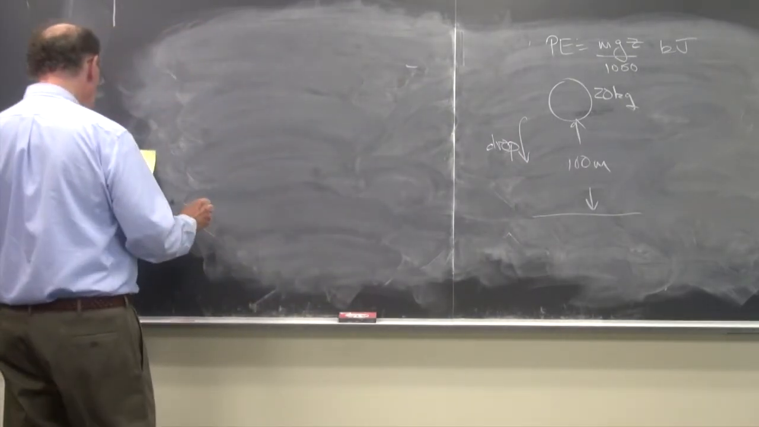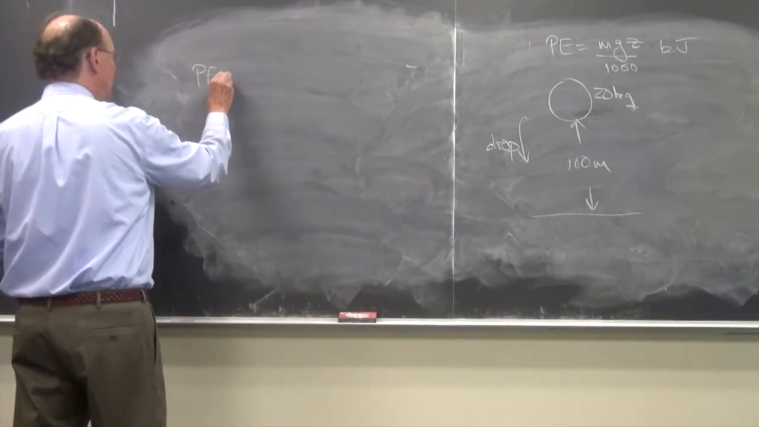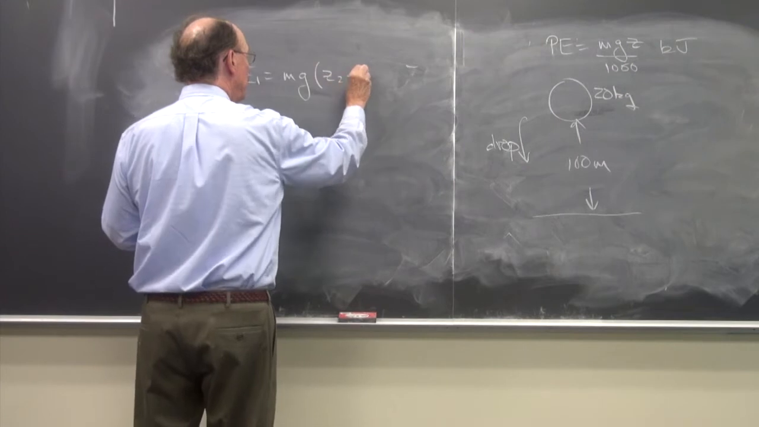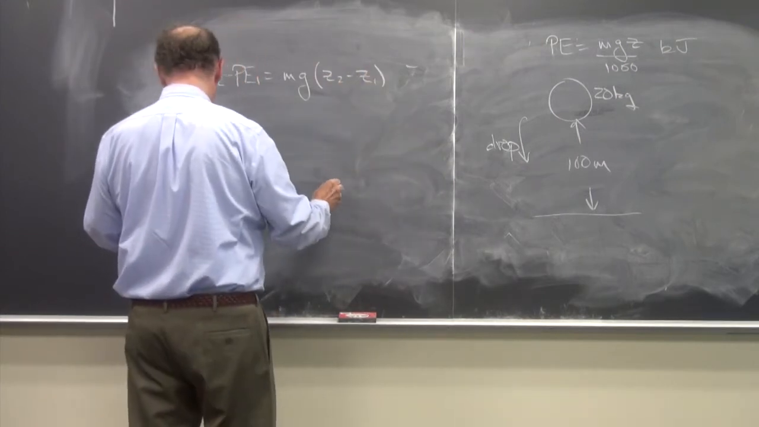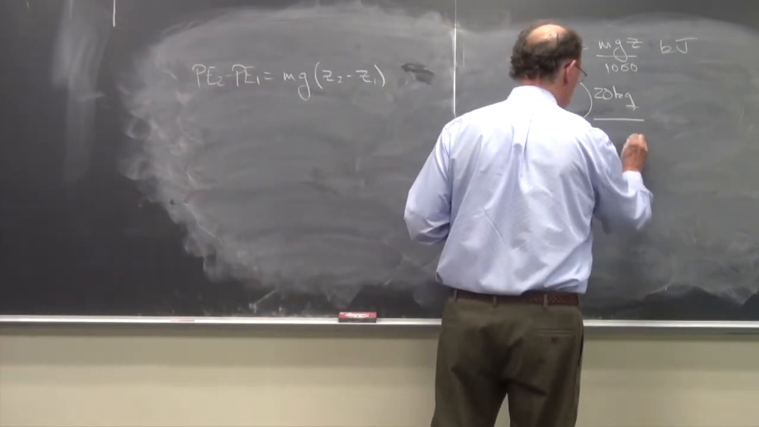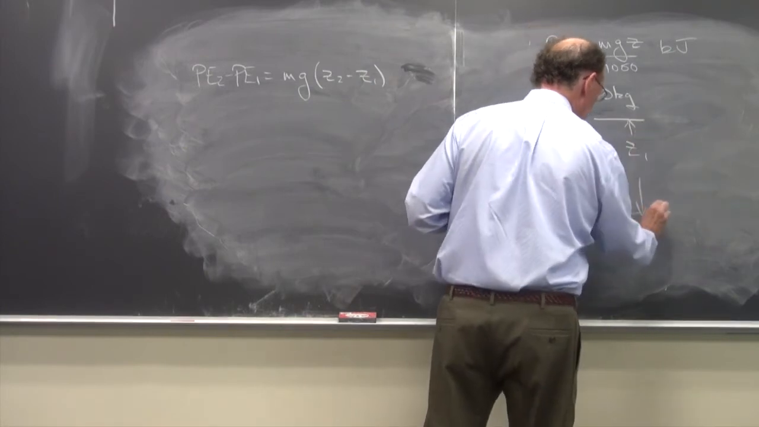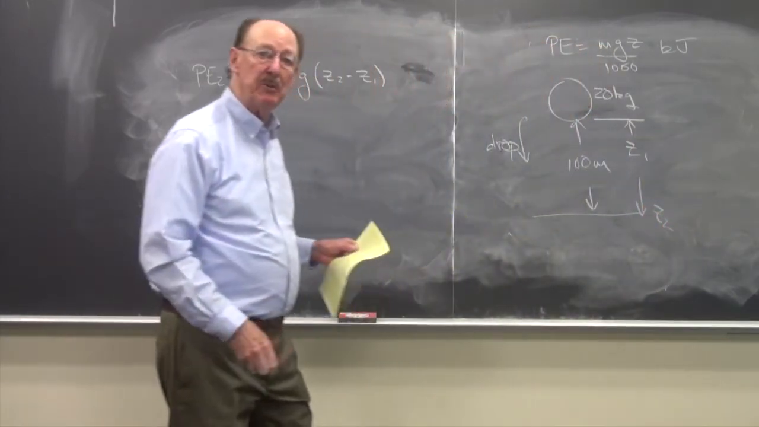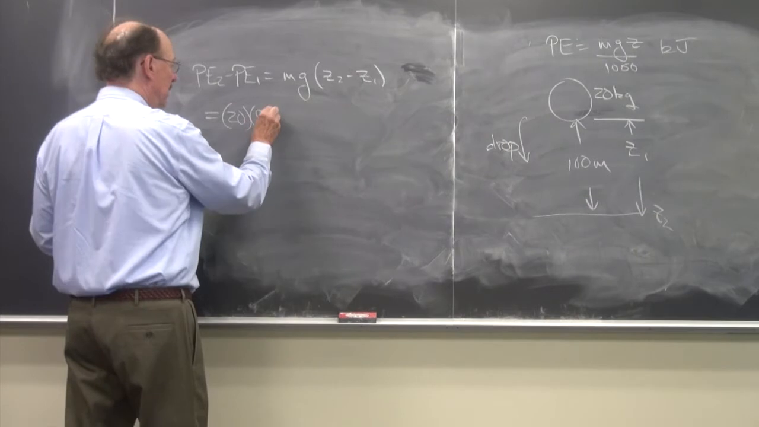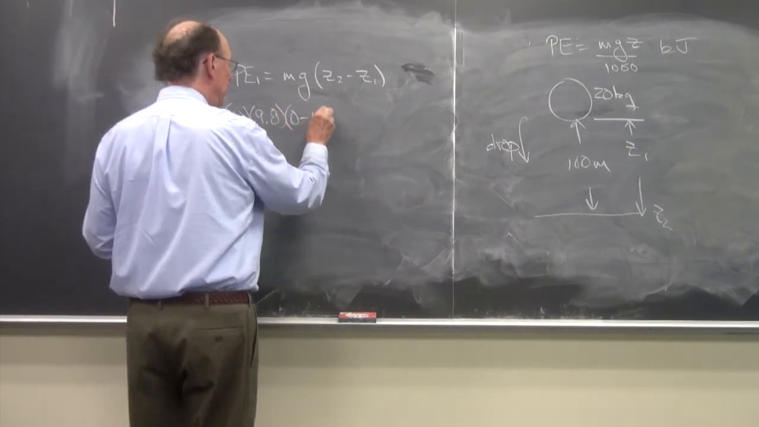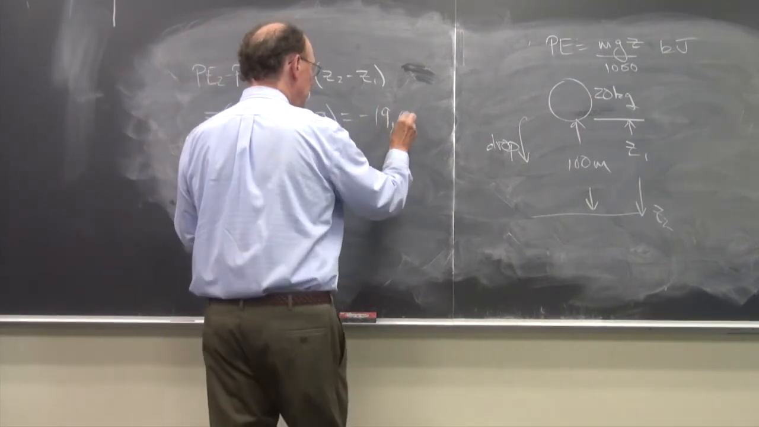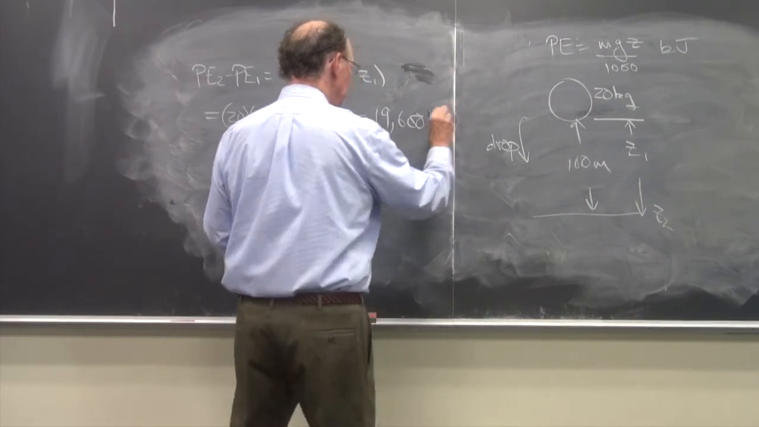And so I have PE2 minus PE1 is mg times Z2 minus Z1. And so here is Z1. And obviously Z2 is on the ground, so it's 0. So what we have then is 20 times 9.8 times 0 minus 100. And this is going to be minus 19,600, or